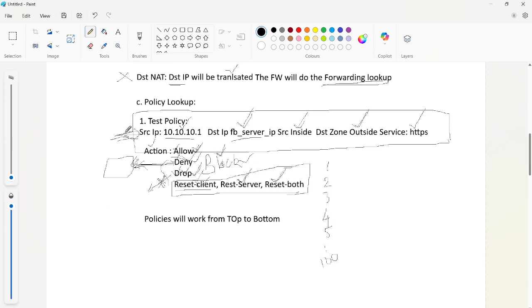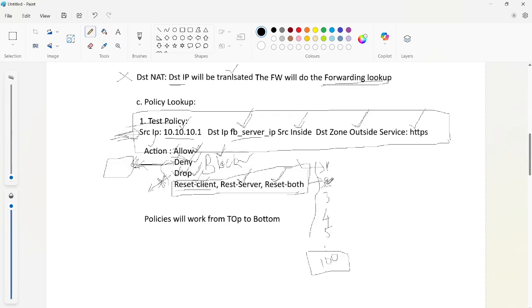Let's suppose I have configured this policy at the 100th place, and all the earlier policies are not matching. First it will verify the first policy: source IP, destination IP, source zone, destination zone, service, everything. If it is not matching on the first policy, it moves to the second policy.